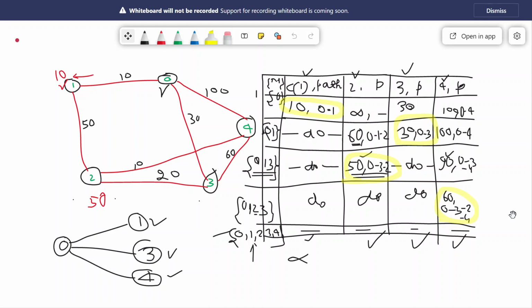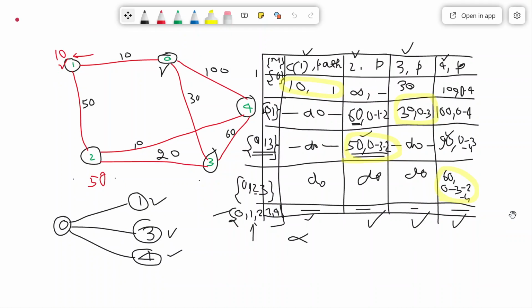Yes, what I want to say is that in this example, I have stored the complete path. Now, what you can do is that, like here, I have stored 0 to 1. Instead of storing the complete path, I will just store the next neighbor, or next hop. So let's say 1, and here also, instead of storing the full path, I will just store next hop. So next hop will also help us to get the complete path.